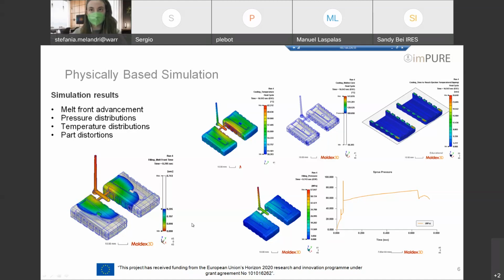But the next step, this is one important thing to remark, is that this type of simulation takes a while. If you want to run a simulation for a combination of parameters, it takes some hours to get the results. So this is something that you can do before you are in production. You cannot use this type of simulation for real-time estimations. So what we do is